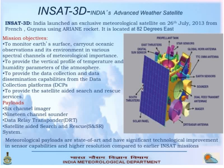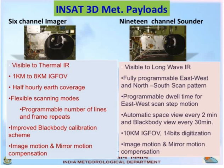The basic payloads carried by INSAT-3D are a 6-channel imager, a 19-channel sounder, and satellite-aided search and rescue. The meteorological payloads are state of the art and have significant technological improvement in sensor capabilities and higher resolution compared to our earlier INSAT missions. The 6-channel imager